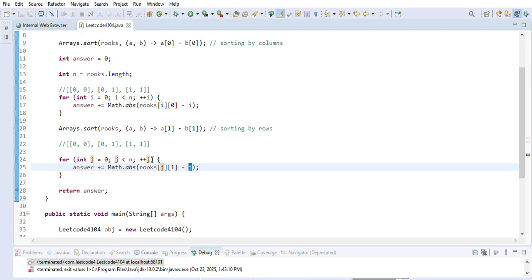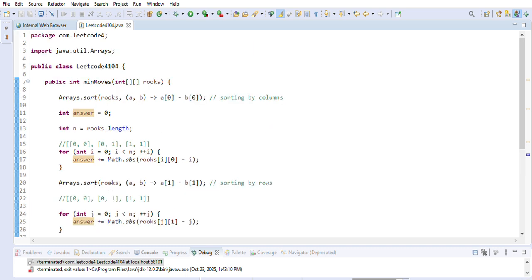Okay, rows. Whenever you see a difference, you will need a movement basically. You will add it to the answer, right? At the end, you will just return the answer. That will tell you how many minimum movements are required so that the board becomes peaceful, right? So now let's quickly